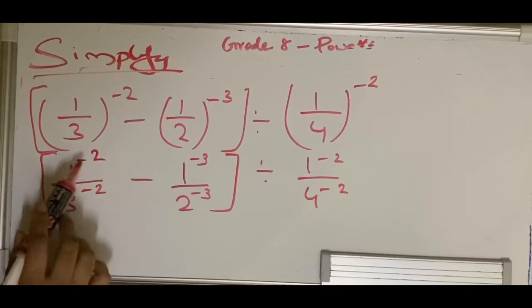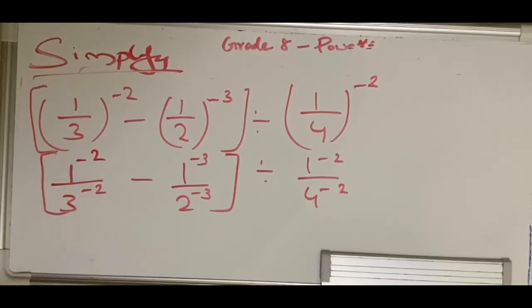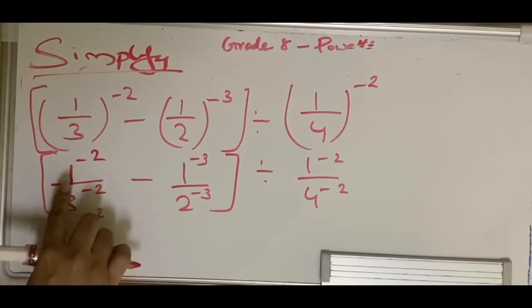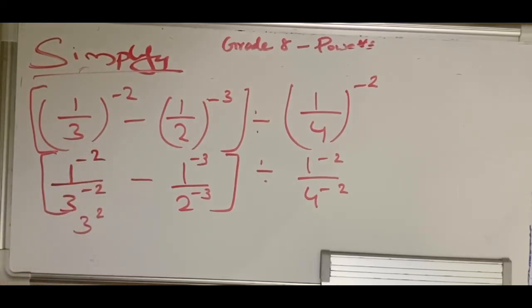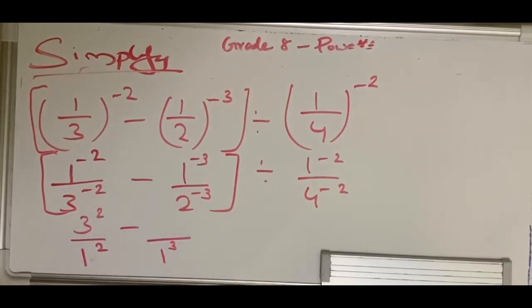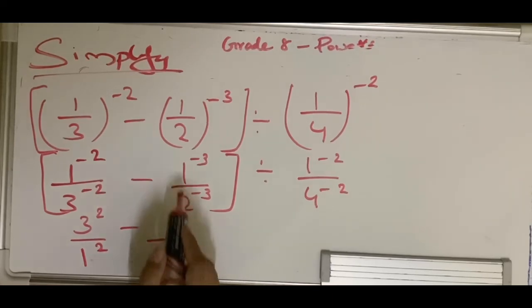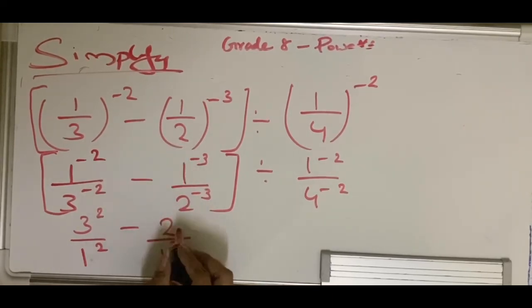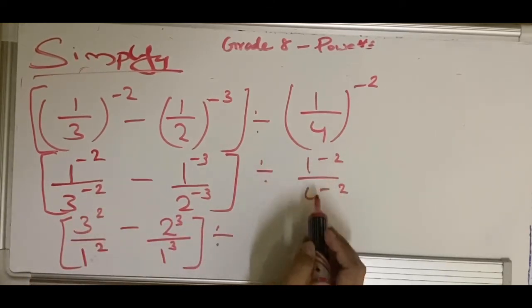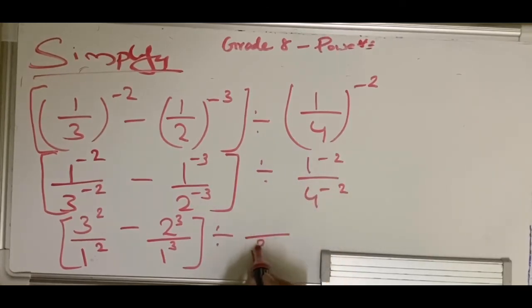So in this case, in order to get rid of the negative exponent, you know that we have to go with the reciprocal, right? So this will become 3 square, but it will be in the numerator, and 1 will go to the denominator, and 1 will become 1 square, which is again same as 1, right? And here also 1 will come to the denominator in order to get rid of the negative exponent, hence it becomes 1 raised to 3. 2 will go to numerator in order to get rid of minus 3 and it becomes positive 3. And then you have divide, here also same case. 1 will go to denominator and will become 1 square. 4 will go to numerator and it will become 4 square.